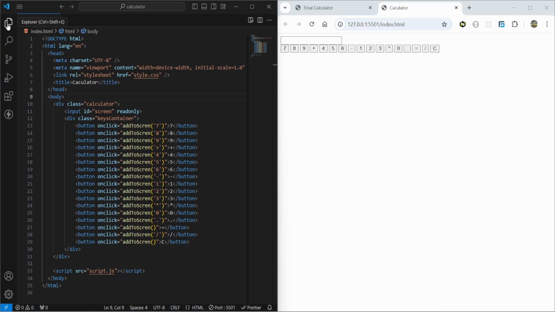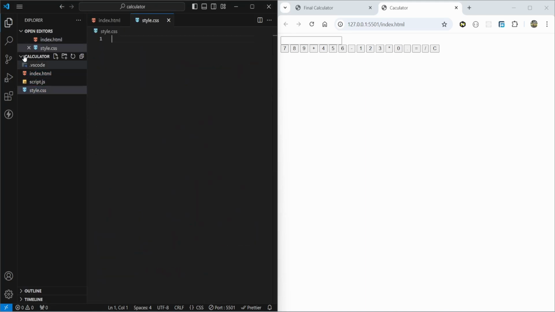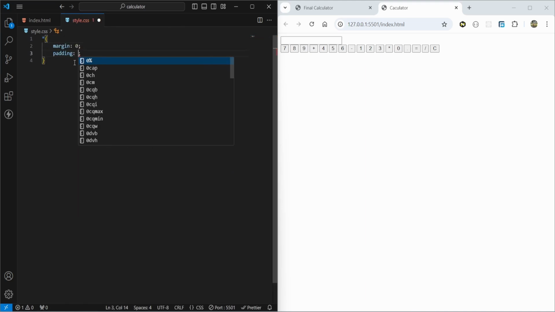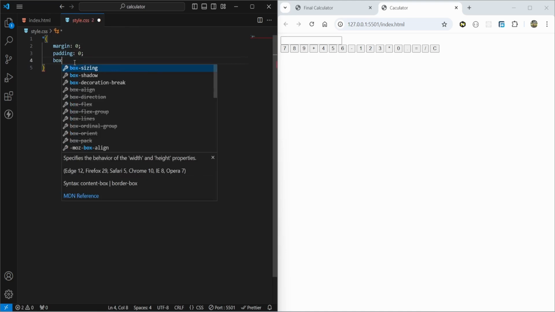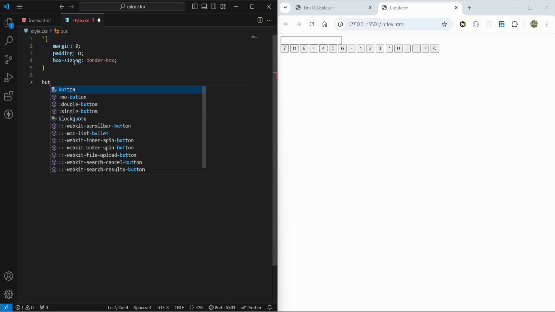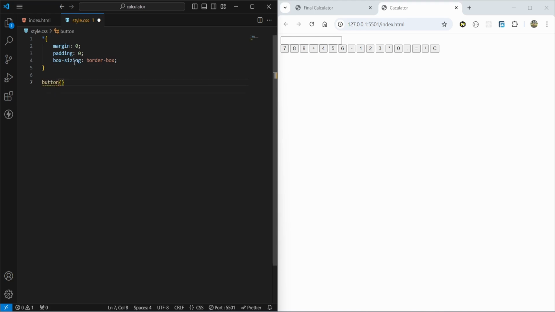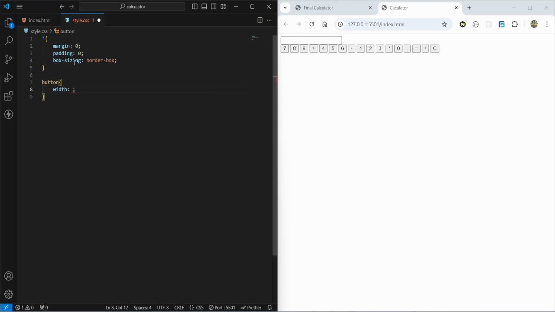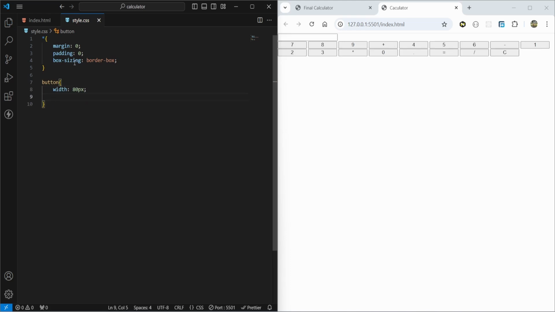Let's move on to the CSS. First, I reset the default margin and padding to 0 for all elements. Also, box sizing to border-box. Now I want to style the buttons. Width 80 pixels, height 80 pixels,